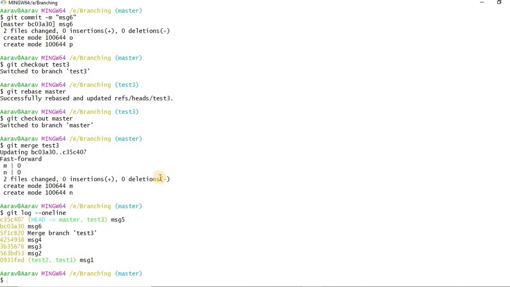The same concept I've done. First I did some commits from master and some on test. The fifth one I did on test3, the sixth on master.